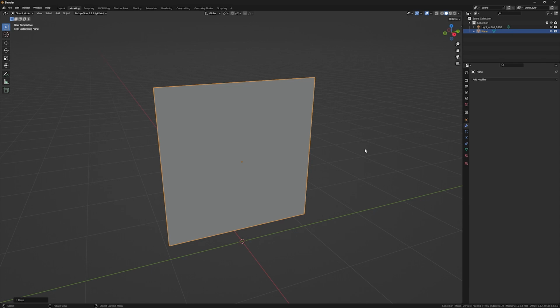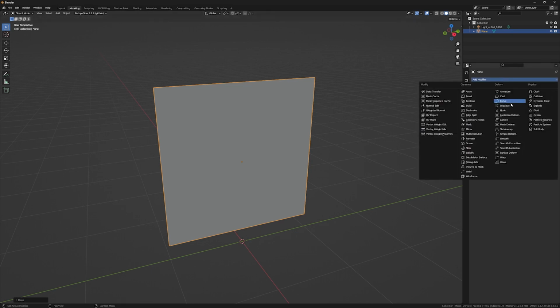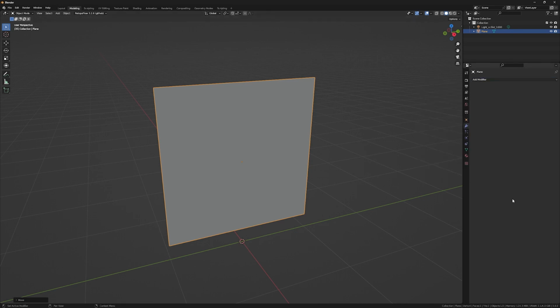It's an illusion. But that aside, if you want to use a displacement map to actually carve your model and make a detail on your model, I'm going to show you how. There are two ways to do that. One of them is adding the displace modifier and the other one is adding the displacement map in the shading. I have a video about adding the displace modifier, with a card on the top right of this video. But in this video, I'm going to show you how to add your displacement map to your model through shading.